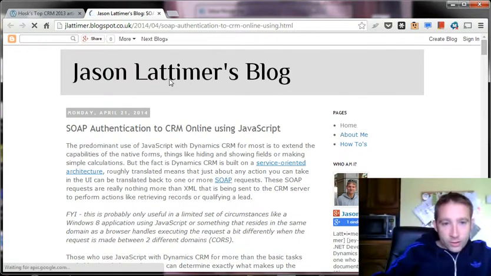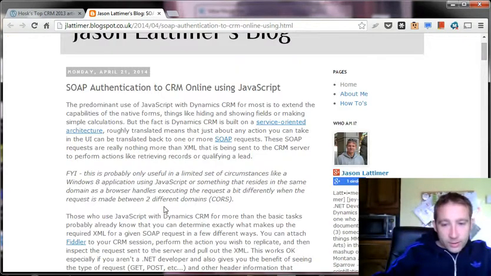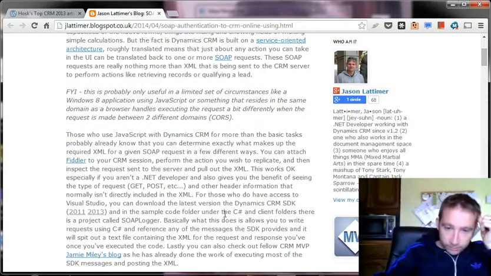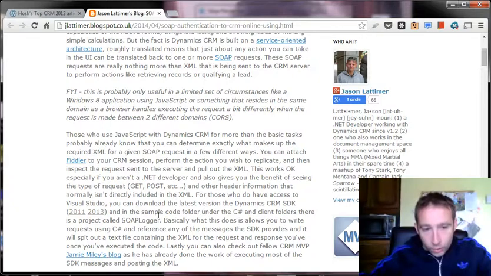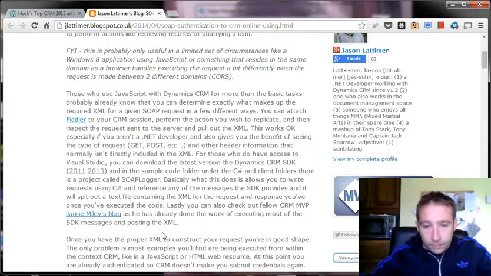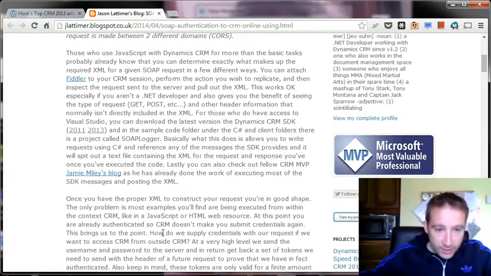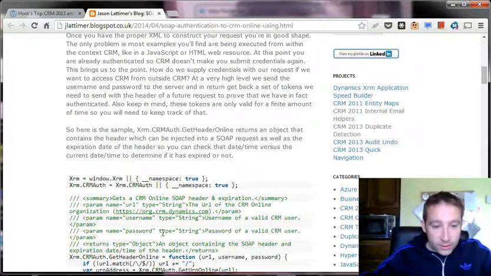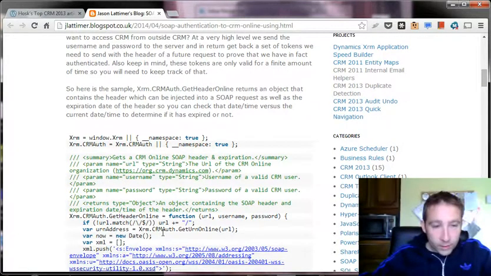Jason Latimer, CRM MVP, using SOAP authentication to CRM Online. So, Jamie Miley did quite a few, and he mentions him here, did quite a lot of blogs on SOAP messages inside JavaScript. Basically, you can do almost plugin type functionality, using the same methods as you would in a plugin, but inside the JavaScript. And because you're basically just doing SOAP messages,